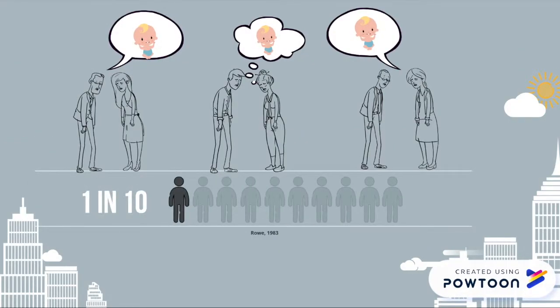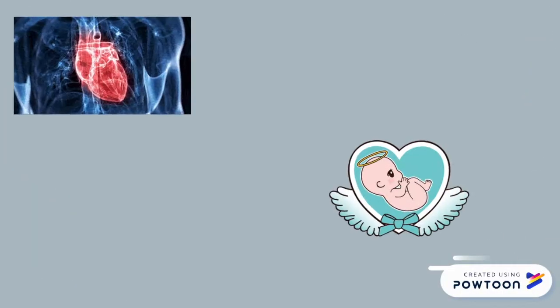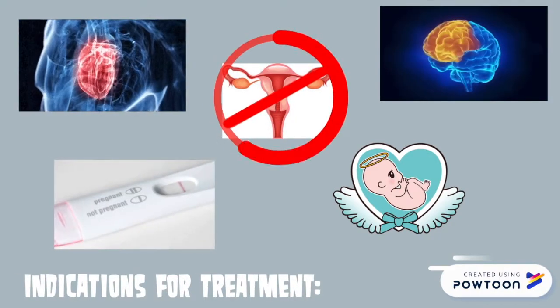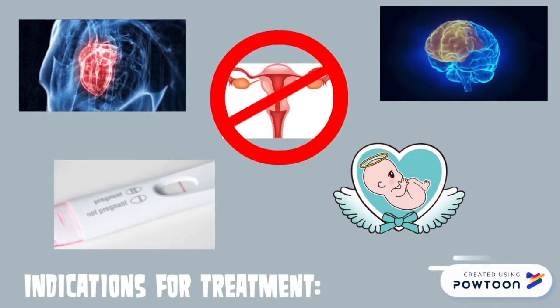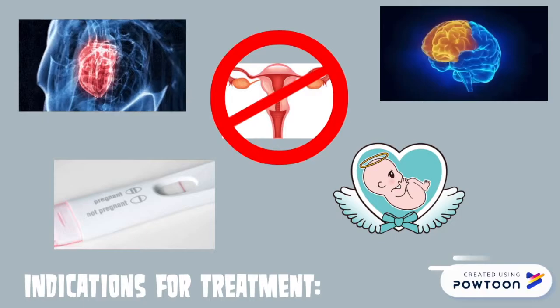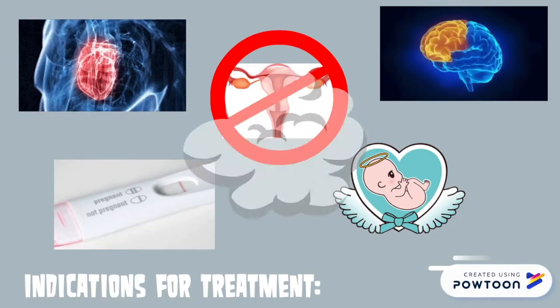Surrogacy becomes an option to many couples as there are quite a number of people who are unable to conceive naturally. In general, 1 in 10 couples experiences primary or secondary infertility. The indications for treatment include recurrent miscarriage and certain medical conditions, total or partial absence of the uterus, either of congenital origin or after surgery, and multiple failure of infertility treatment. There is also increasing demand for surrogacy from homosexuals and lesbians, whereby genetically related offspring can be a real possibility. The gay male couple community are a big contributor to the amount of children who are surrogate children.